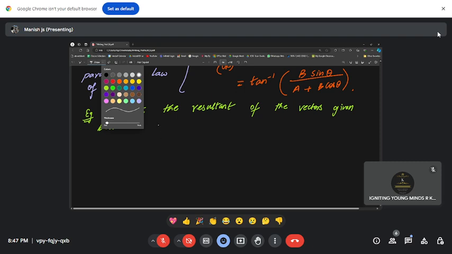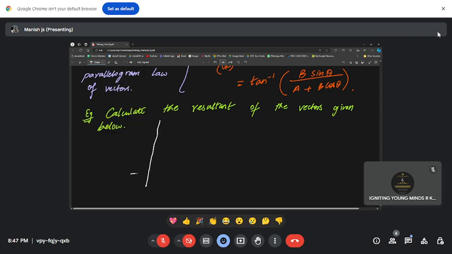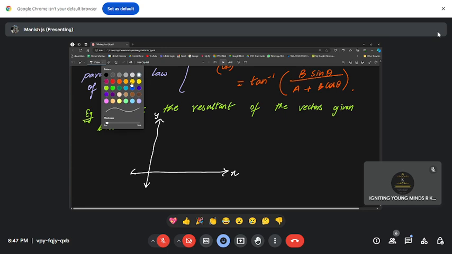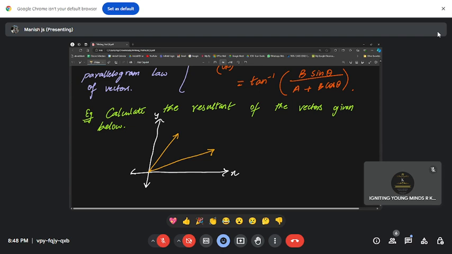So here is a diagram, children. They have given you the vectors along x and y axis. So this is an axis. So it's basically the first quadrant. So let me just mark it for your reference. So this is y axis on the top, vertical axis, and horizontal axis x. Okay, here comes the question. So you have two vectors like this.